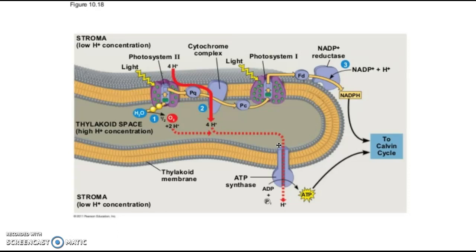That we saw in cell respiration. This is going to go from high concentration with only one escape to low concentration here on the other side of this lipid bilayer. So they have to escape through the ATP synthase. When they do that and they fall through, they're going to provide the energy necessary to phosphorylate inorganic